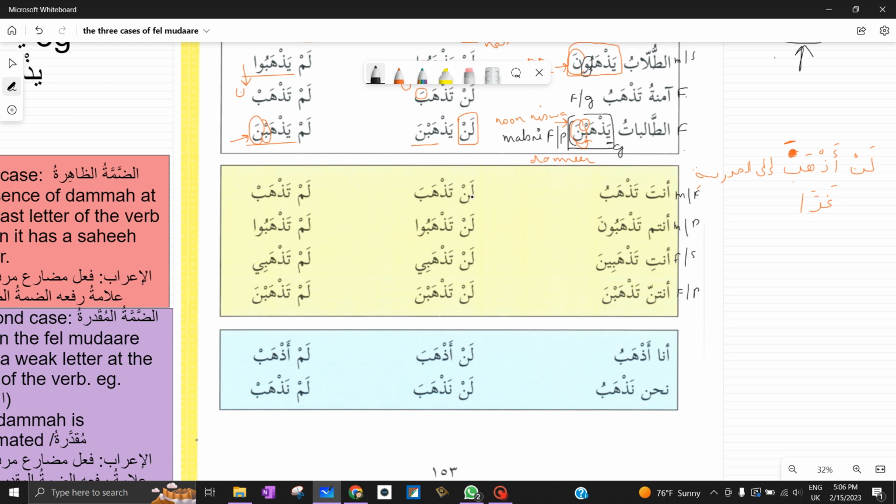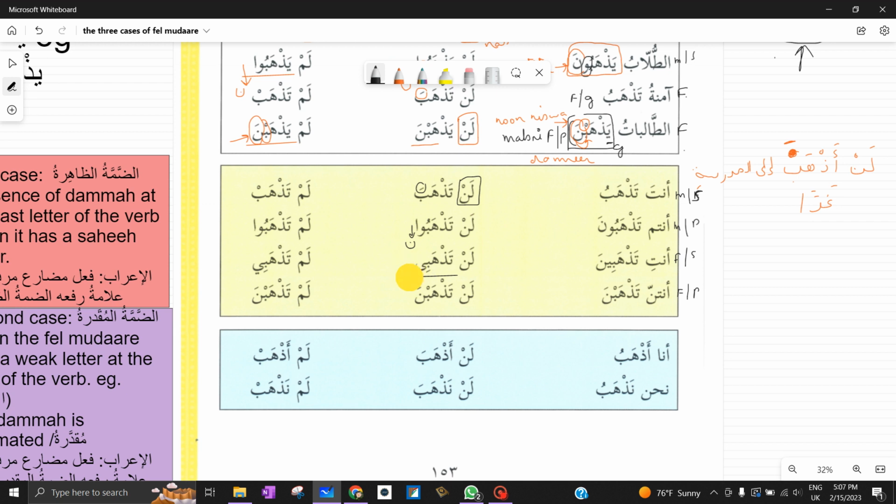Now, what about male singular? Lan tadhhaba. As the particle lan comes, it gives a fatha over the last letter. Lan tadhhabu. Same rule of afalul khamsa. The noon drops. It's the same. Lan tadhhabi. Yes. Now this is present tense for singular feminine. This was for ghayab actually, and this is for singular mukhatib.